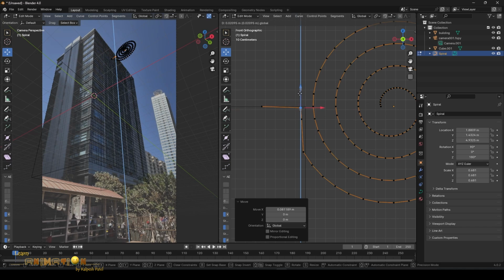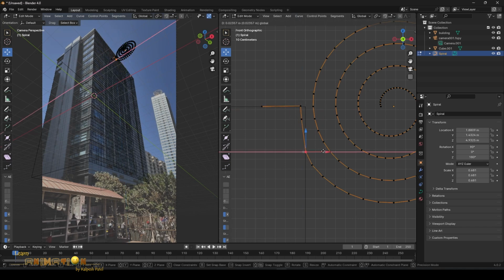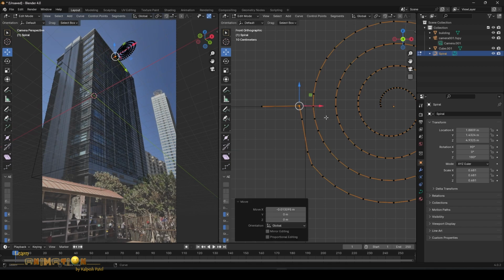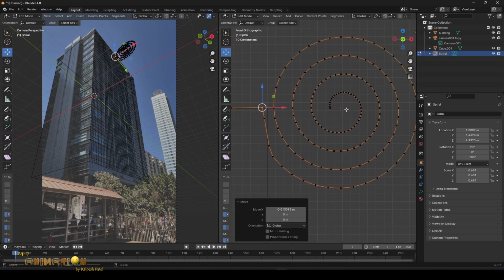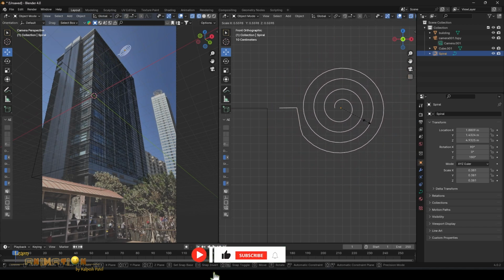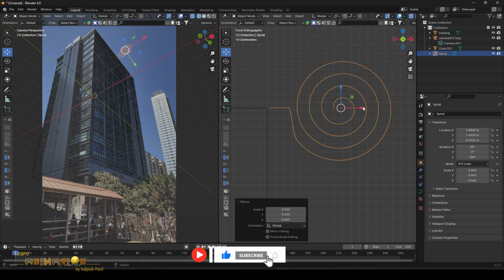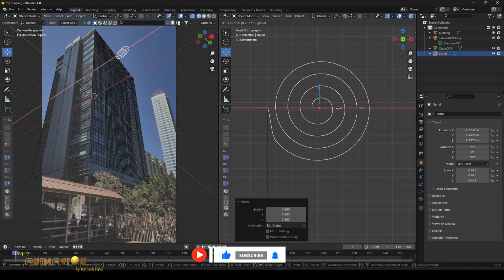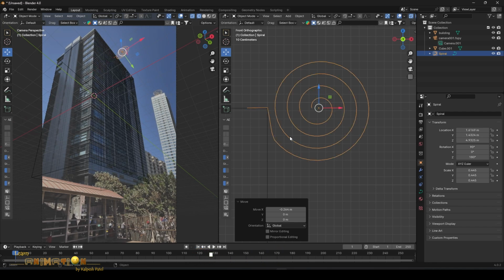Why are we editing this? So our banner's corner will be exactly lying on the building, and from there we can have the banner rotating and simulating. If you feel the size is bigger, we can reduce the size a little bit. Make sure it moves to the exact place.